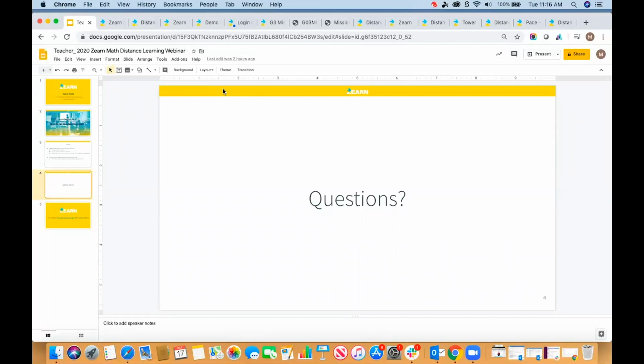You have a couple different options during this time. If you do have contact with the student, help them work through it, or share information with parents or caregivers. Another option is to just move them forward and set them to a different topic in the curriculum. That's why we recommend looking at the Tower Alerts report 2 to 3 times a week, in order to see where students are